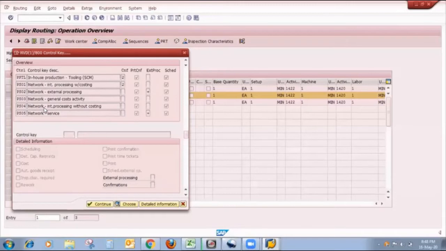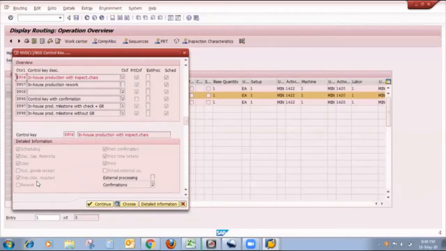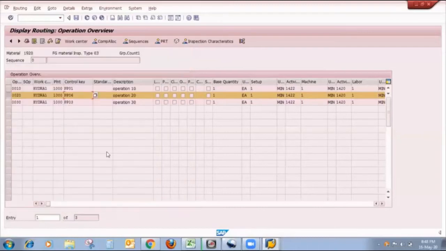There is the PP06 control key. In the PP06 control key, the business transaction inspection characteristic required is activated. For processing the MIC and for processing the inspection lot, this business transaction inspection characteristic required is important, and I will maintain it in PP06.